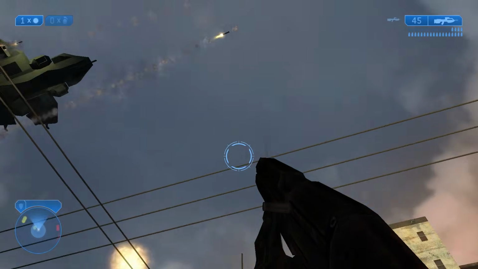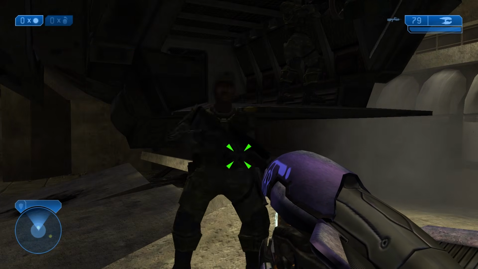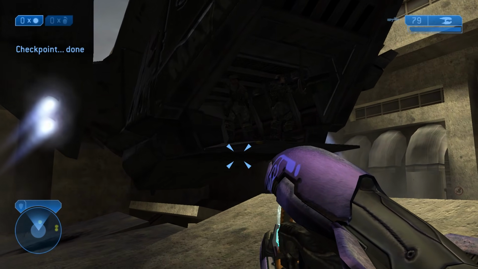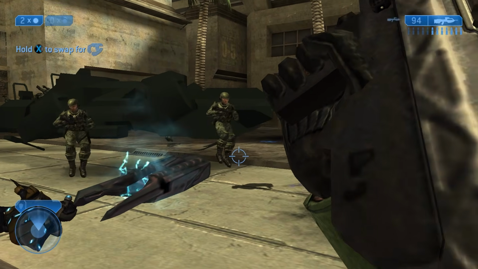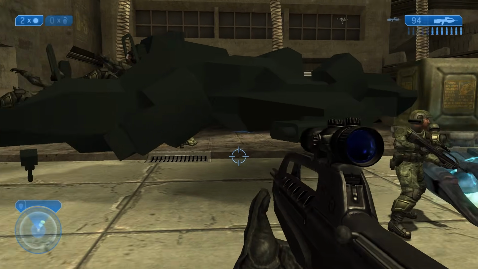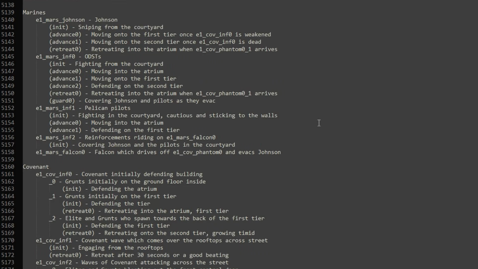Oh boy, this took a while to set up. As you know in the base game, Johnson is picked up by a Pelican in the next area after you kill the two hunters. However, Johnson was supposed to be picked up before the hunters arrive, and it wouldn't be a Pelican that comes to get him, but the cut Falcon instead. This is all outlined in the mission script document, which states that a Falcon comes in to drive the Phantom away, drop off Marine reinforcements, and once the LZ is clear, Johnson and the surviving Pelican pilots board the Falcon